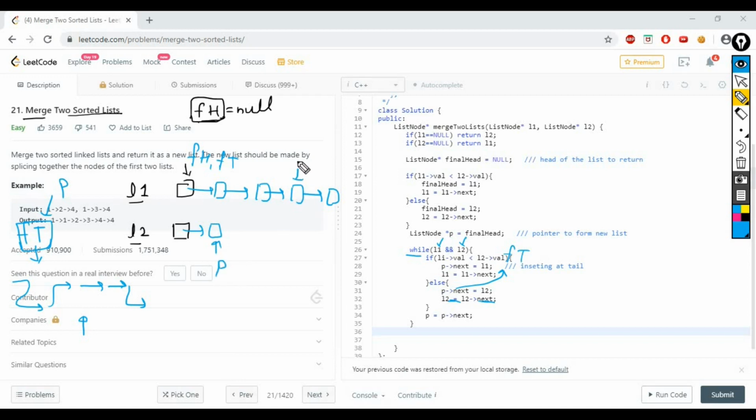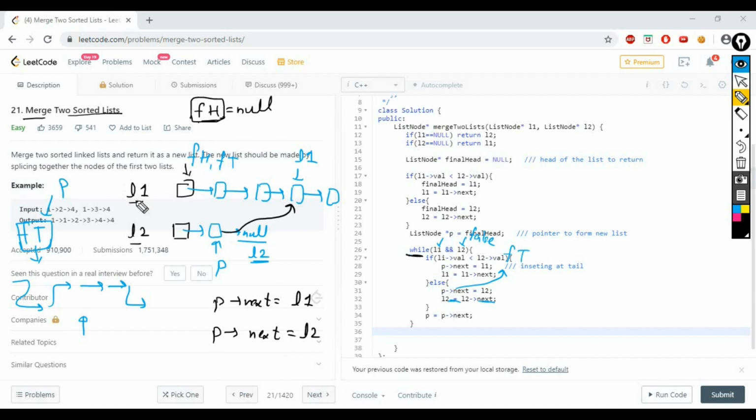And suppose this is your L1 position, and here we have null, so your L2 becomes null, so this condition becomes false. So you will come out of this while loop. Then what you have to do, you have to just make this connection. That means you have to write P arrow next equals L1 in case L2 does not exist, and in the opposite case you have to write P arrow next is L2.